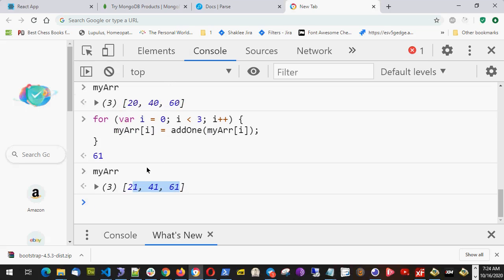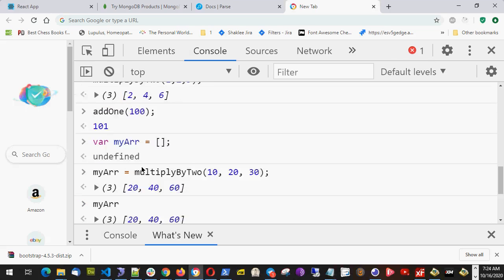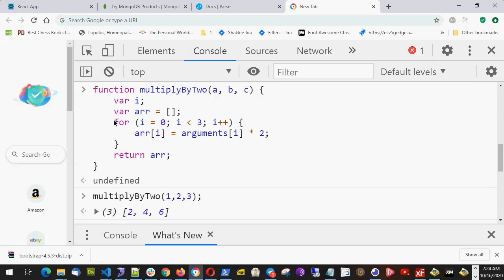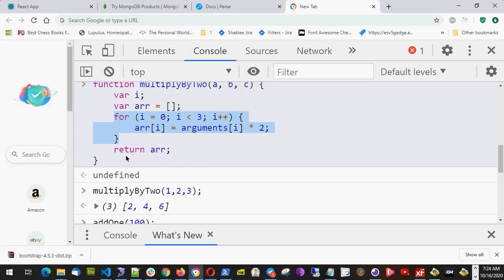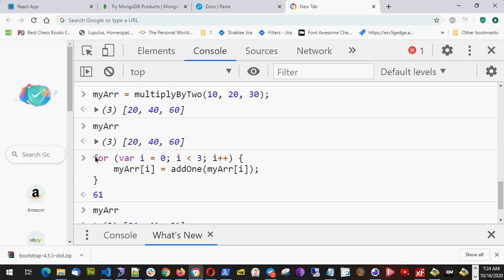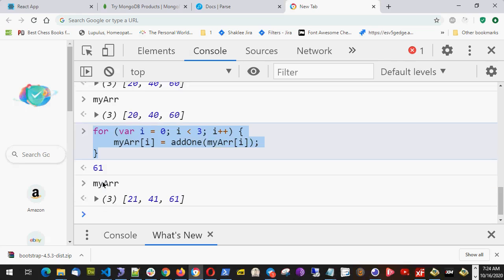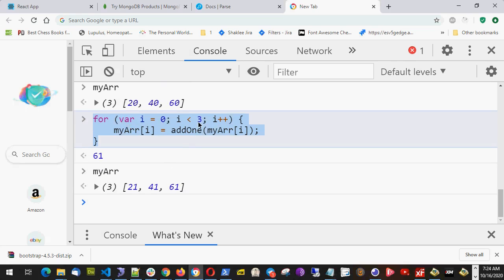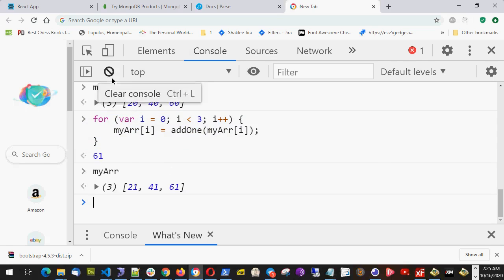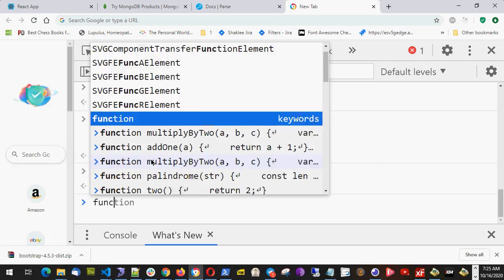So everything is working fine, but you will see I am running the loop 2 times. One time I'm running here in multiply by 2, and second time I'm running here the loop. So it is 2 times running the loop. Okay, now it is 3 elements, so it is fine. But if it is many elements, so running it 2 times will cause too much time to work on it. So instead of doing this, we can have one function called as